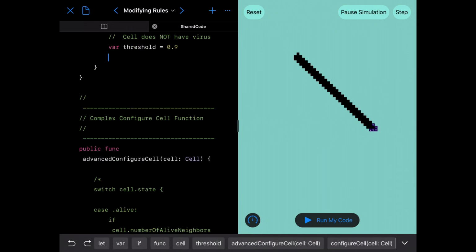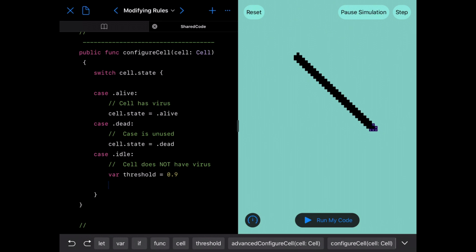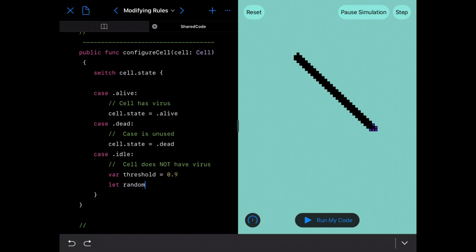And then if I say I only want a 1 in 10 chance of getting a virus, but I never want to know whether I'm going to get it this particular time or not, we could make a random variable and check if the random variable is greater than or less than this 0.9. That will determine whether we get the virus or not. So let's go ahead and say let random equals some double,